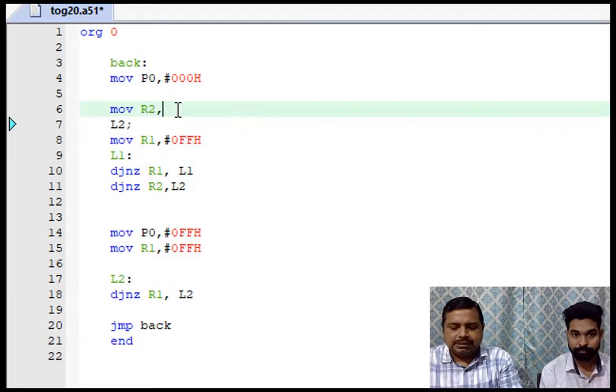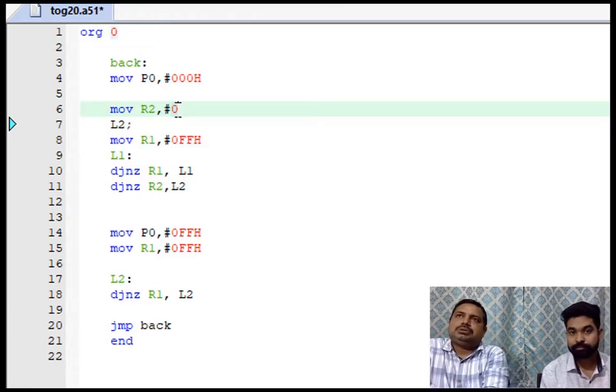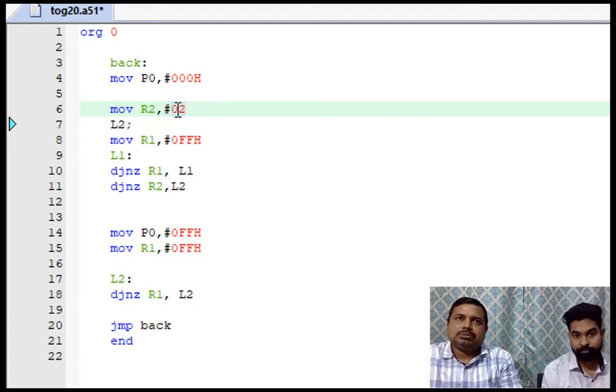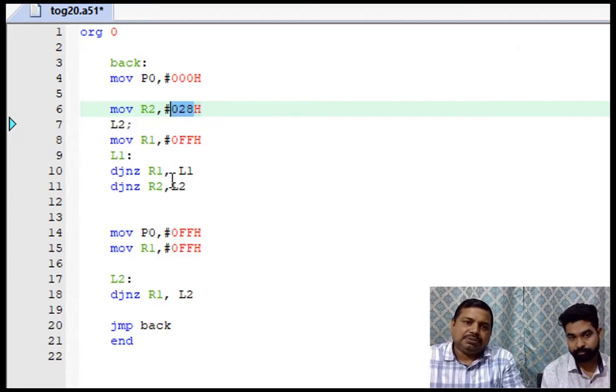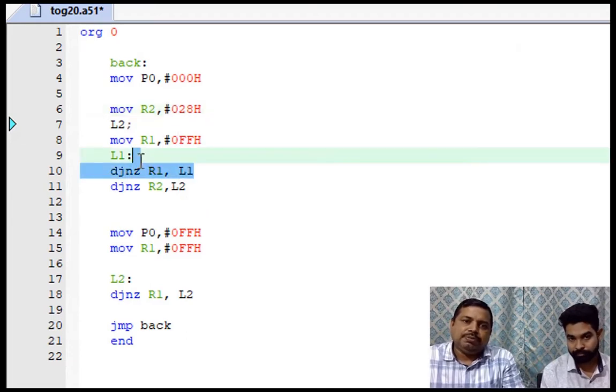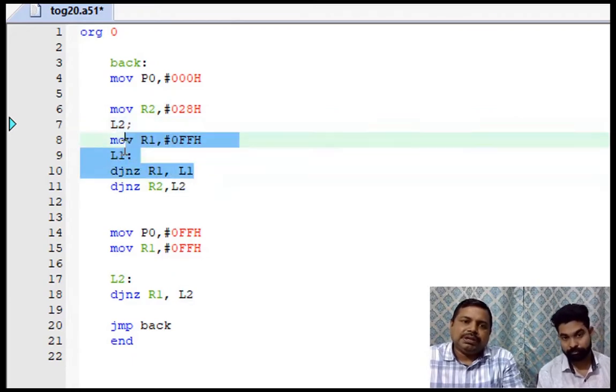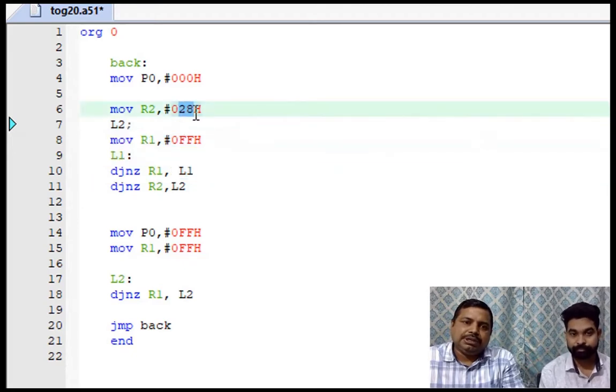If you convert 40 in hex, it will be approximately 28. So currently, this one loop gives us 500 microsecond and we are running 40 times, which will give approximately 20 milliseconds.